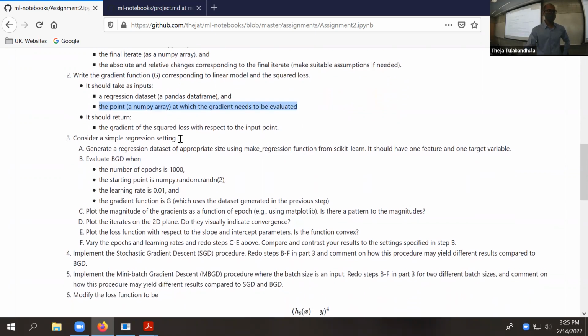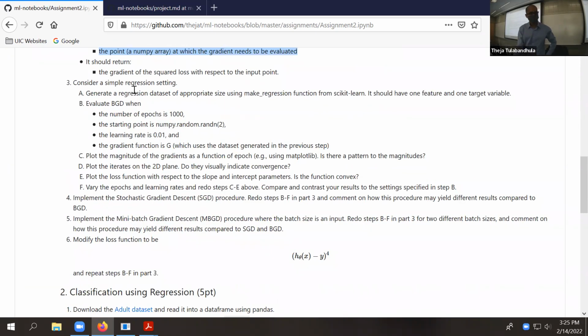Okay, so then I guess part 3 is just asking, now you built this generalized batch gradient descent procedure or function. Now let's actually pass a data set. We are saying let's pass a data set with one feature and one target. So the number of thetas, there's only theta naught and theta 1: one theta corresponding to the feature and one intercept.